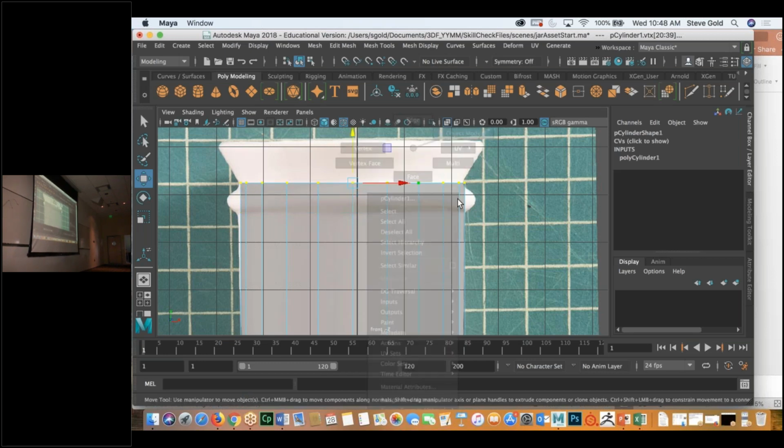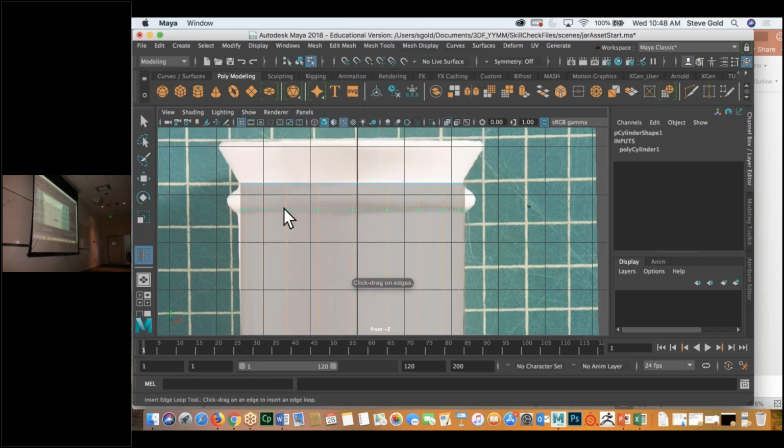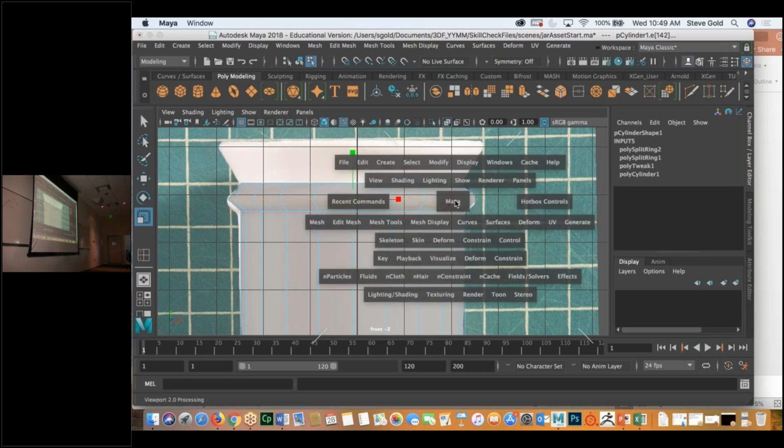And I could put more components in, right? I can use my insert edge loop tool, and I can drop an edge right in here and drop an edge right in here. Now, why did I put 2? Because I need this edge as a holding edge so that when I scale this one out using my scale tool, it holds that shape. Does that make sense? Just use my insert edge loop tool. And then